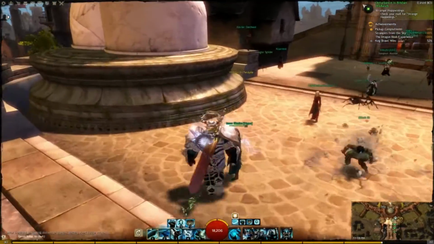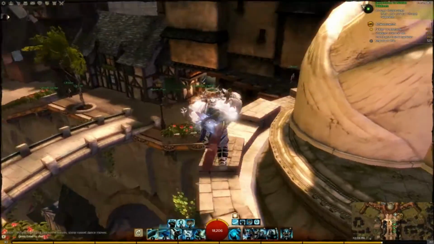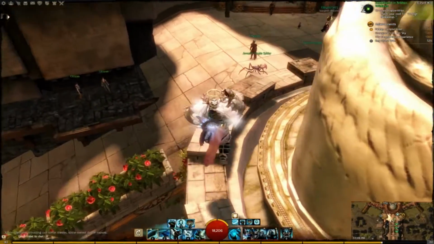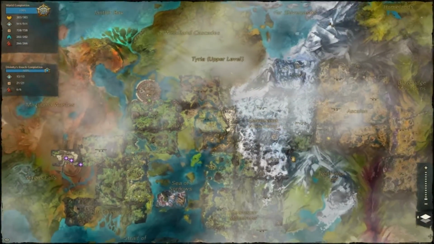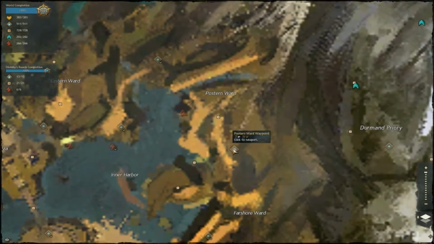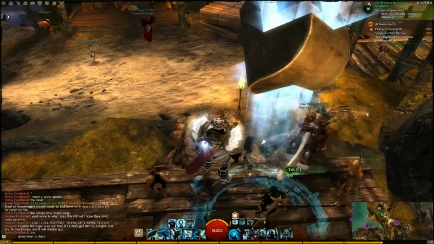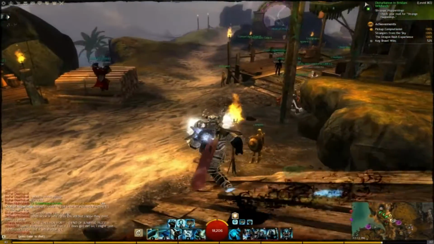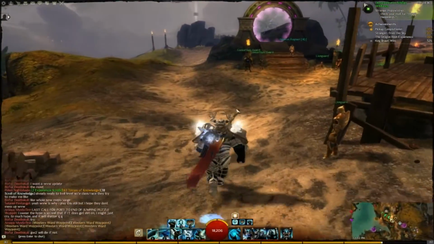Alright, so the first step is pretty simple. All you need is the prototype fractal capacitor, so that's going to be your first stage of the back piece. And where you're going to want to go is Lion's Arch, go to the fractal entrance. So I usually go to Postern Ward Waypoint. So from there, you basically just want to head over to the fractal entrance and purchase that prototype fractal